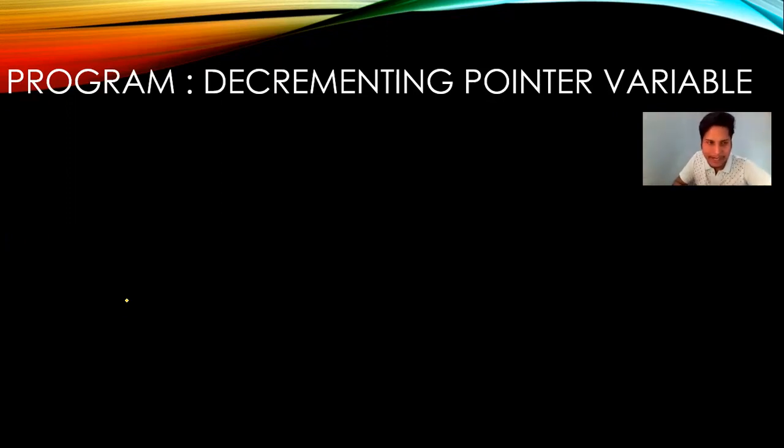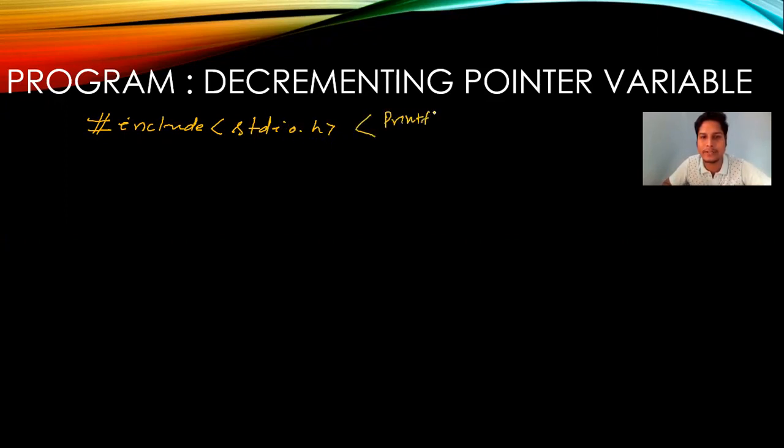So here I'm writing a program that has #include, which is the preprocessor directive. It includes the header files inside the program. So stdio.h means standard input output header file. This header file contains printf and scanf functions. Other functions also they contain, but these two functions we will use inside this program.